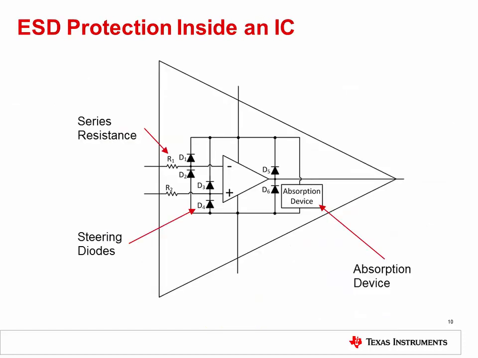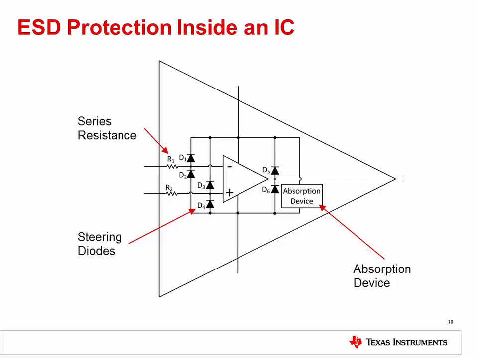Here we illustrate the ESD protection circuits commonly used on semiconductor devices. In this case, an op-amp is shown, but similar ESD protection is used on other types of devices. Remember that this type of ESD protection is intended to protect the device from an out-of-circuit ESD event. In other words, these structures are intended to protect the device during the test, assembly, and manufacturing process.